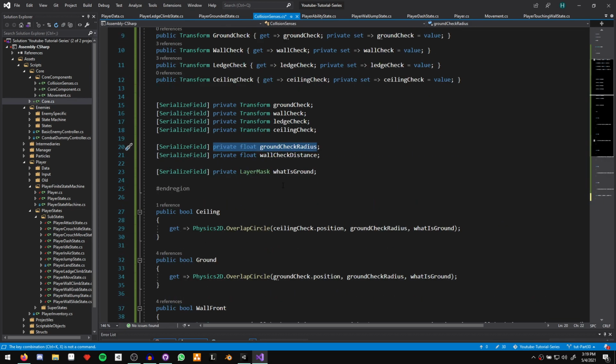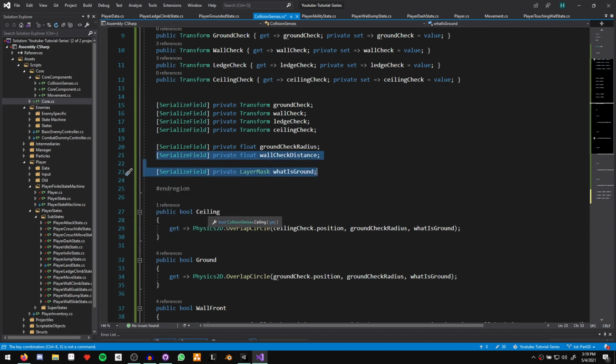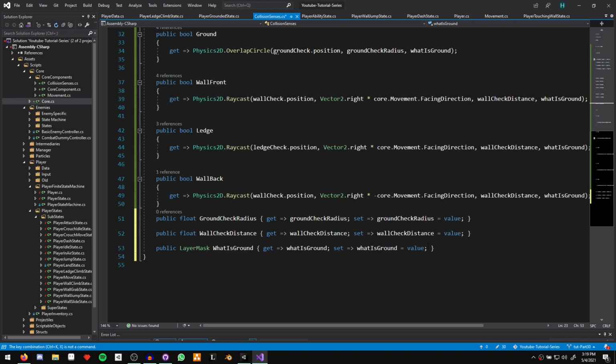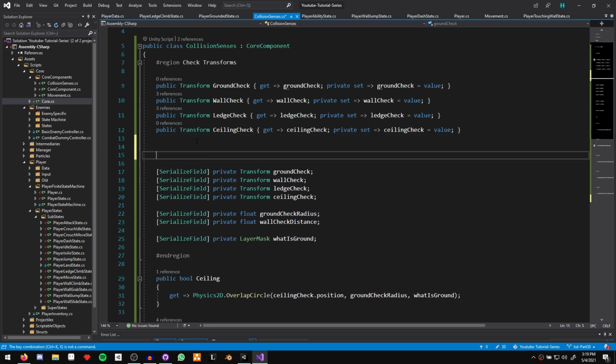Cool. Let's see if we can select multiple at a time, just out of curiosity. Encapsulate fields. Cool, so we could have selected all three of them. We could have saved a lot of time by just selecting all of them, but you know what? This is how we learn. So let's go ahead and hit that. It added all three of them down here,